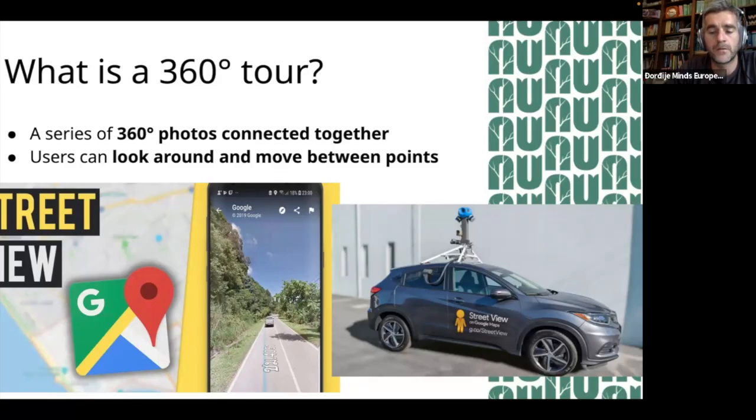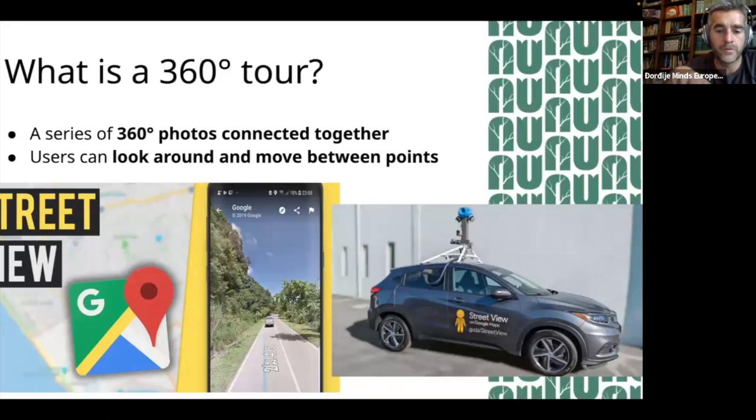It is used by Google, the company Google. You can see in the right down corner the Google Street View car, which has that thingy on the top, which is actually a really high quality 360 camera, which is much bigger than this that I have.